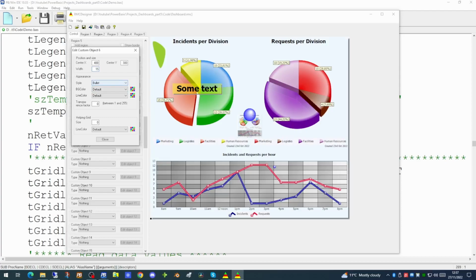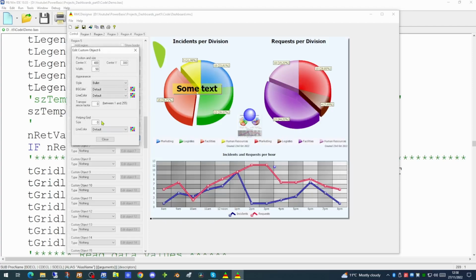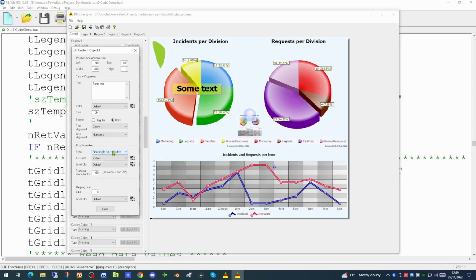And of course, you can change the size of that very easily. And again, as before, you can amend the transparency value. So with 30 of these custom objects, you can do quite a bit of customization on your application. We can change the style of our text to be gradient, about 3D with shadow.